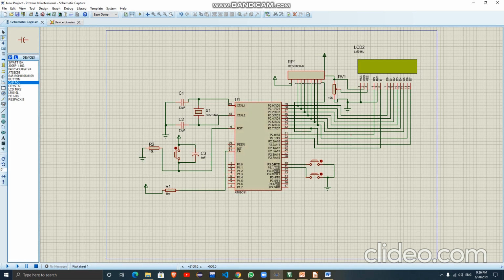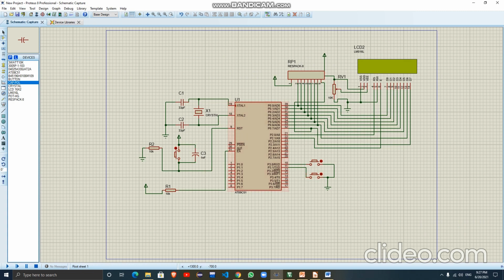The circuit uses an 8051 microcontroller, a 16 by 2 alphanumeric LCD display, push buttons, and a few passive components. The main component in this circuit is this big guy, the 8051. This is the brain of this project. In this circuit, 2 push buttons are connected to port 3.0. This is the first push button, and this is the second push button. This push button will show you the random number, and this is the reset button. Let me explain all these components, and then I will execute this.